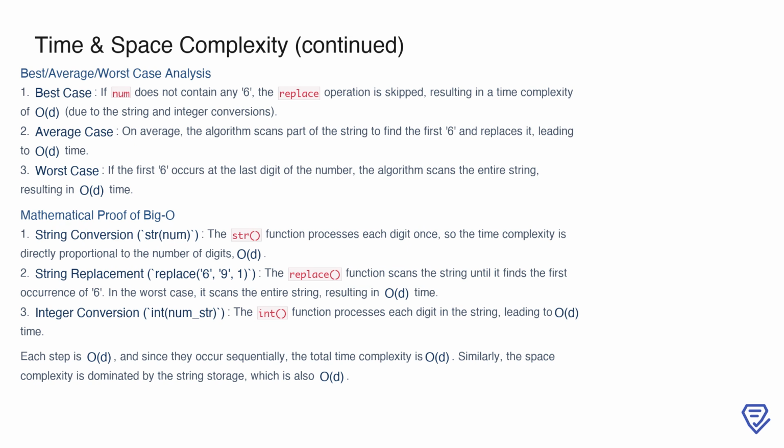Each step, string conversion, string replacement, and integer conversion, individually takes O(d) time. Since these steps execute sequentially, the overall time complexity is O(d). Similarly, the space complexity, dominated by the storage of string representations, is also O(d), reinforcing the linear scalability of the